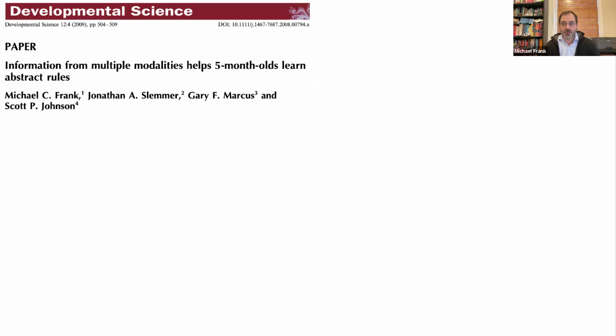So this is one of my first published papers. It could be maybe even my first published paper. It came from when I was a research assistant working with Scott Johnson at NYU. I took over a project from Jonathan Slemmer, who had tragically passed away, and I completed a set of experiments that he had planned as part of his thesis. So I was very happy and pleased to jump in and do these infancy experiments on rule learning. And I wrote up the paper just as I was starting graduate school and sent it in for review.